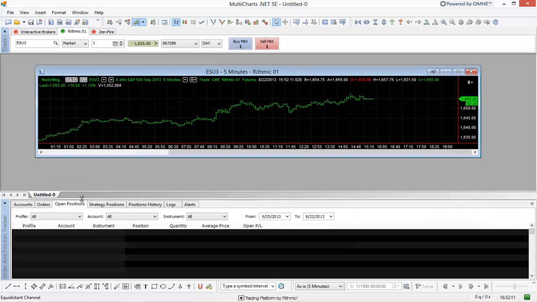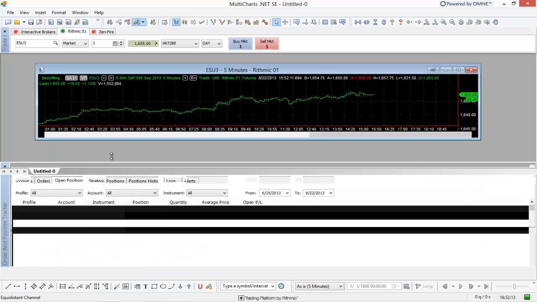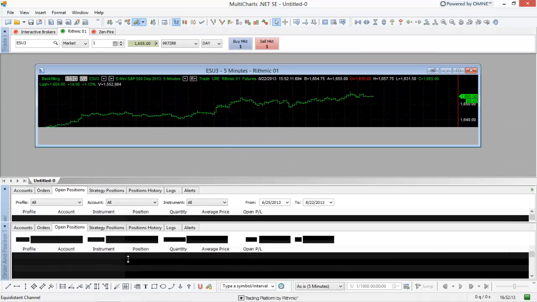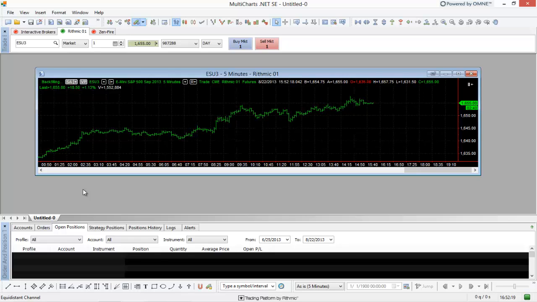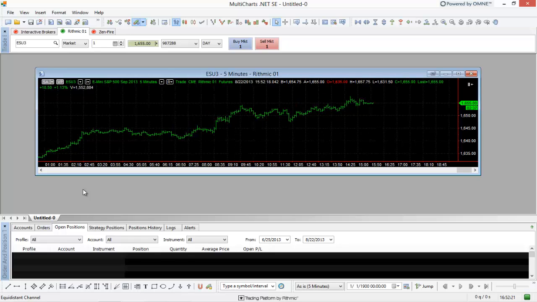And of course I can resize this, make it a little bit more prominent or less prominent. You can see that actually is affecting my chart size as well. So it's pretty fluid in the way that works. So that's just a quick tip for you today to be able to view things like your accounts, orders, positions, logs, and alerts, as well as get your position history and export that to Excel, just using that order and position tracker window